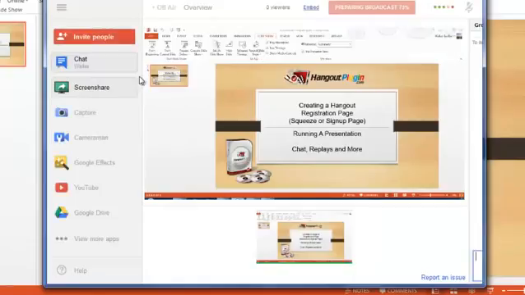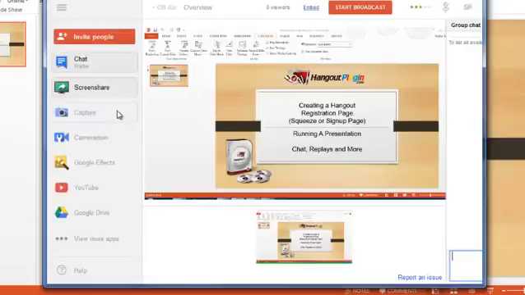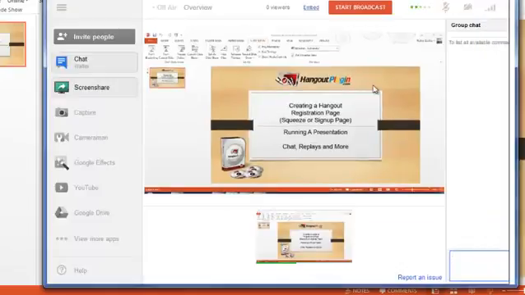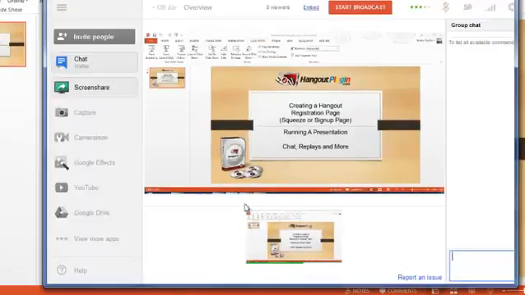And in this case, I've chosen to do a screen share, whereas of course I can do the headshots, etc. if I can turn my camera on. I've just chosen to do a screen share there. I can do all of the standard Google effects, and this now becomes my webinar dashboard where I can run my webinar from here. I can change screens easily. I can view and chat with incoming people,